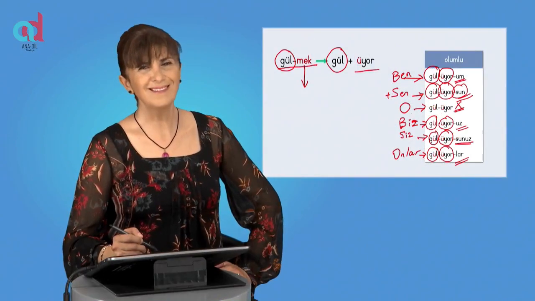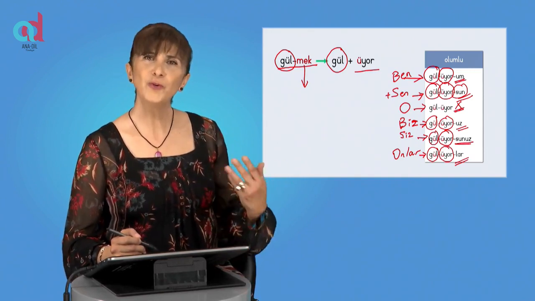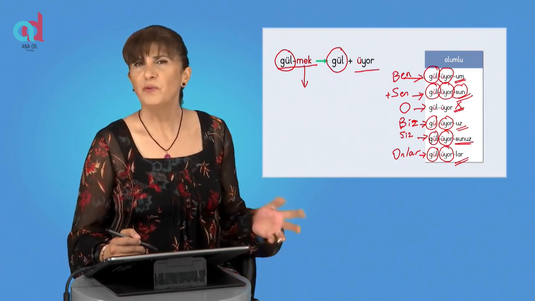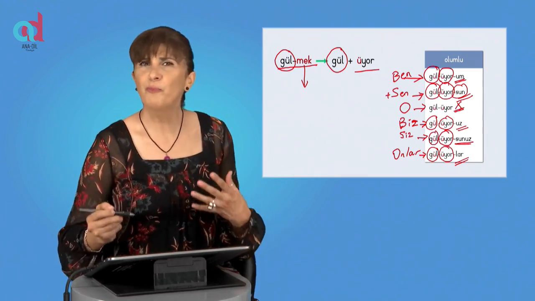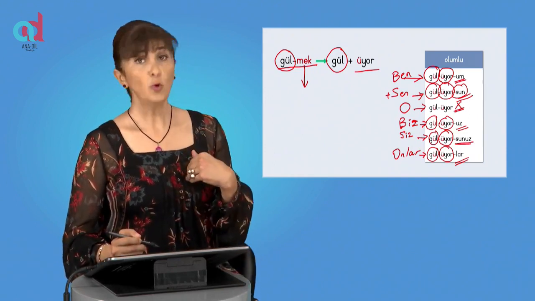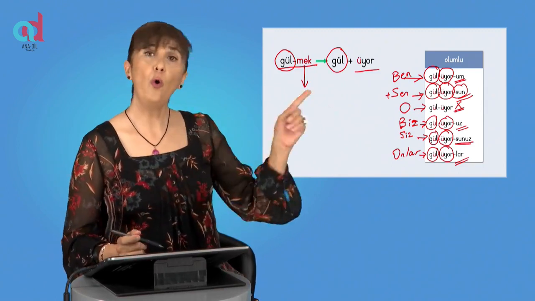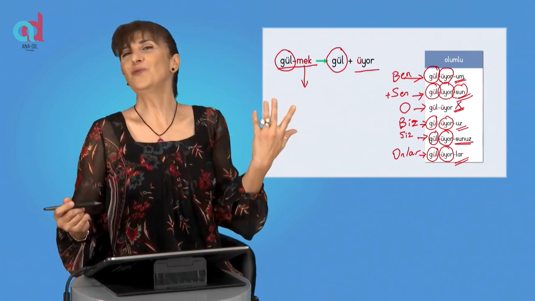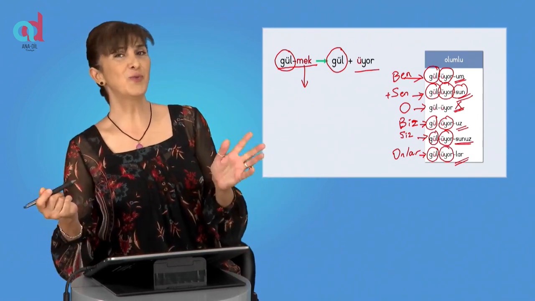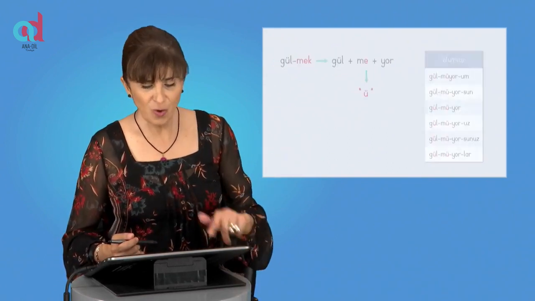I know it sounds a little confusing at the beginning, but when you continue to make more examples, it will be kind of becoming a reflex for you guys. So you say ben gülüyorum, sen gülüyorsun, o gülüyor, biz gülüyoruz, siz gülüyorsunuz, onlar gülüyorlar. This is wonderful, isn't it? Everybody is smiling. So now let's talk about